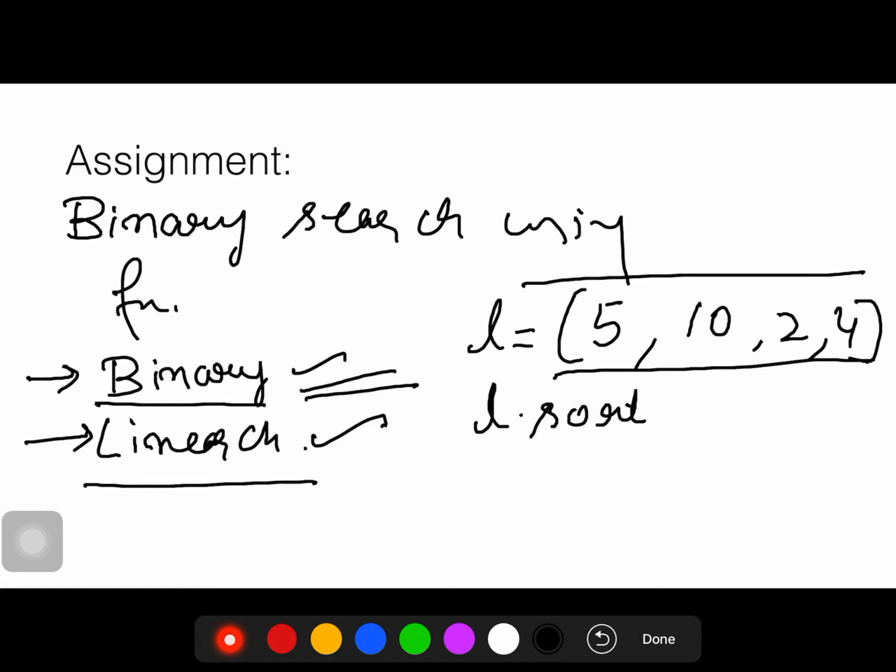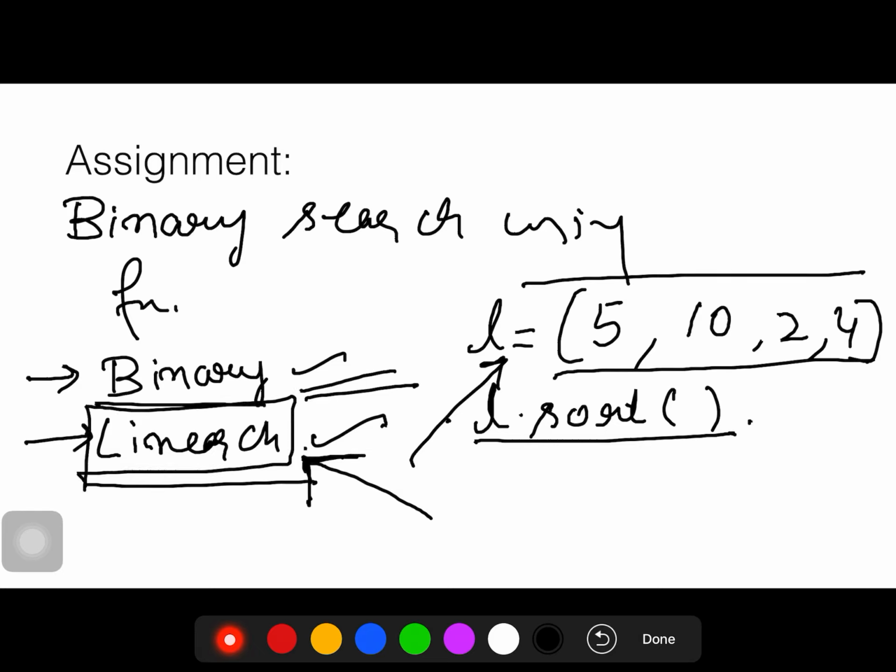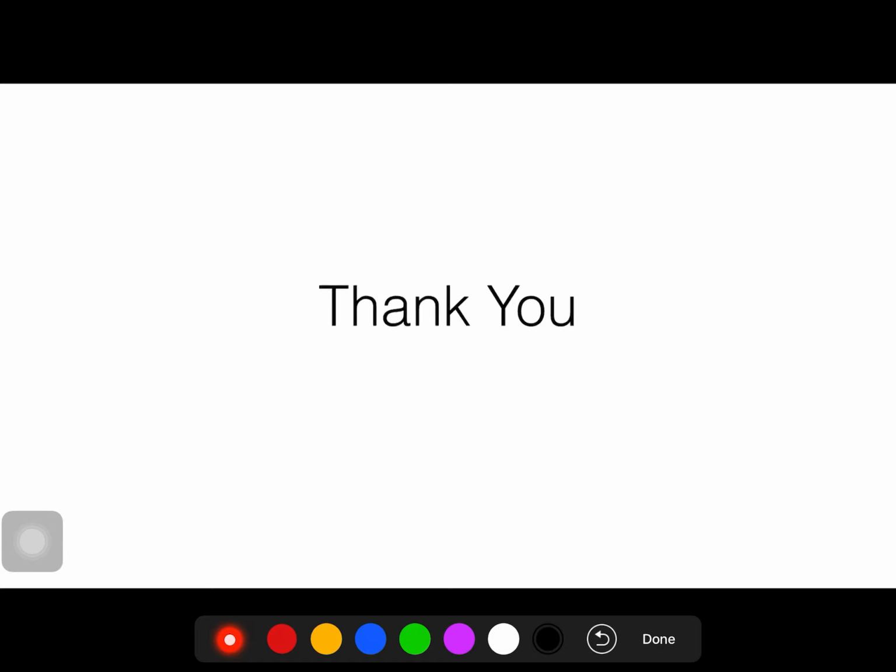To get this list in sorted order, first you have to perform list dot sort, then L will get sorted, then you can perform binary search on it. If your list cannot get sorted, you must perform linear search. The only search applicable where the list cannot be sorted is linear search. Remember this point, this is most important.